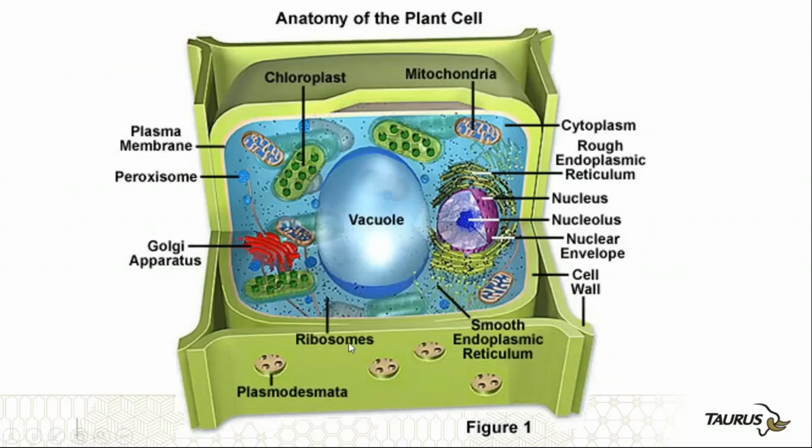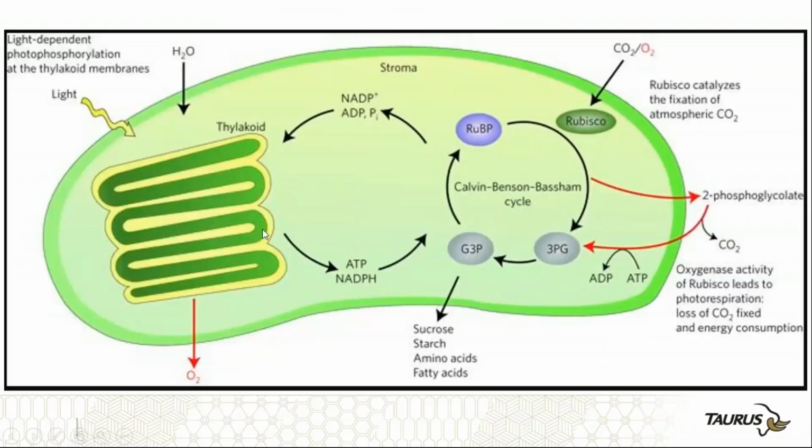So here's the cell. Here are the chloroplasts. Those are broken down big time. All of these other organelles are broken down eventually. The vacuole is broken down and cleaned out, and the plant moves that stuff out. In the chloroplast, same thing. All the proteins and so on here in the thylakoid where photosynthesis takes place is broken down.